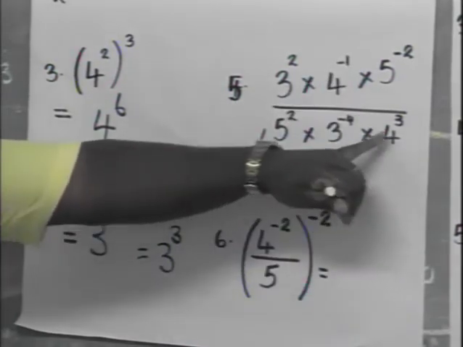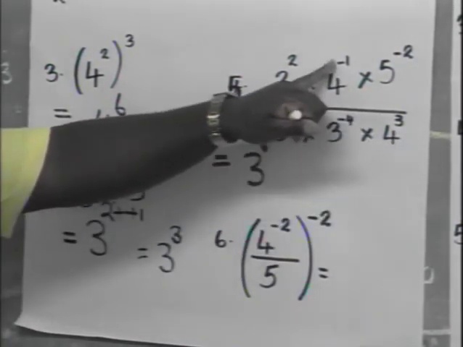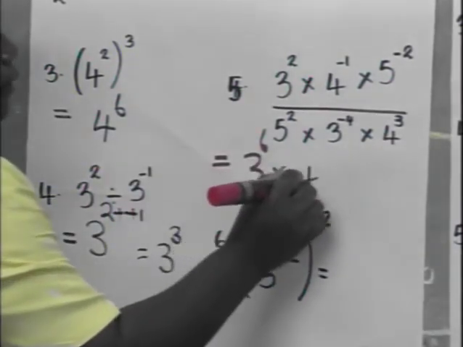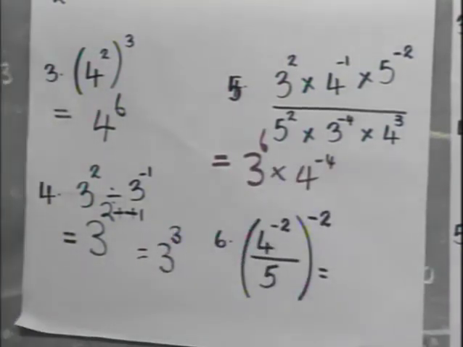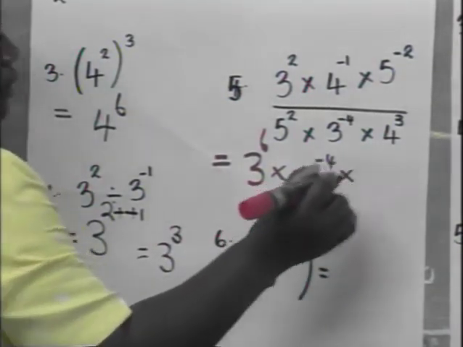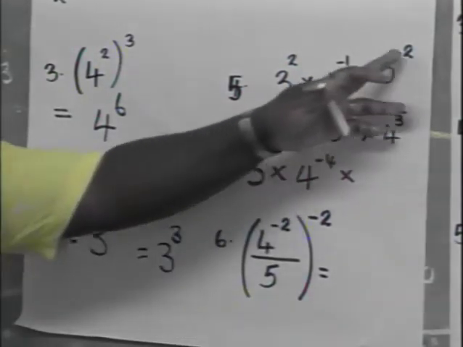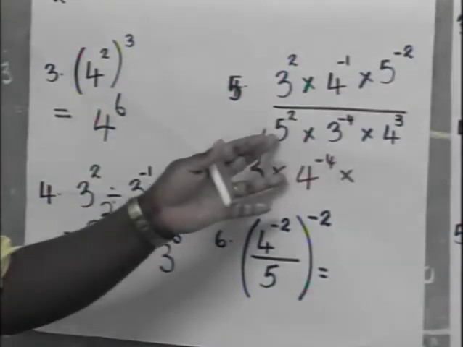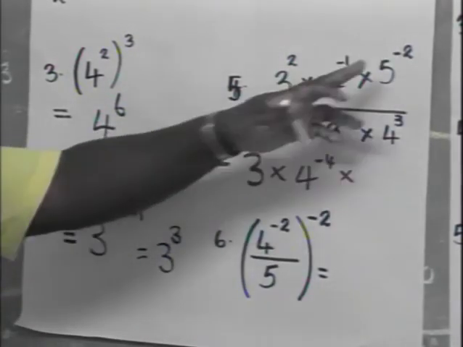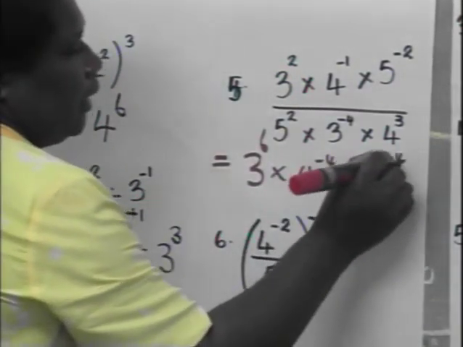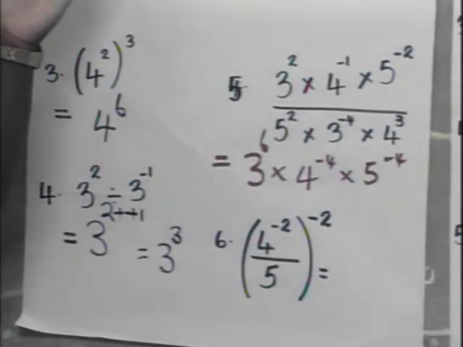4 to the power of negative 1 and 4 cubed. Negative 1 minus 3 will give me negative 4. So 3 to the power of 6 times 4 to the power of negative 4. Negative 2 and positive 2, you are again dividing, so that means you have to subtract the indices. So negative 2 minus 2 will give me negative 4. Okay, the question says, evaluate leaving your